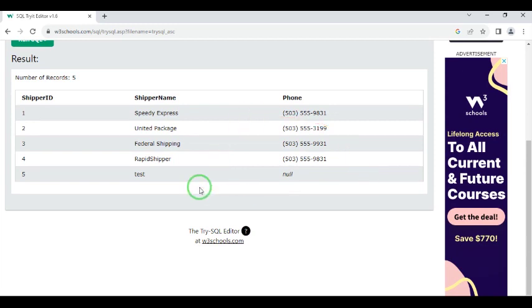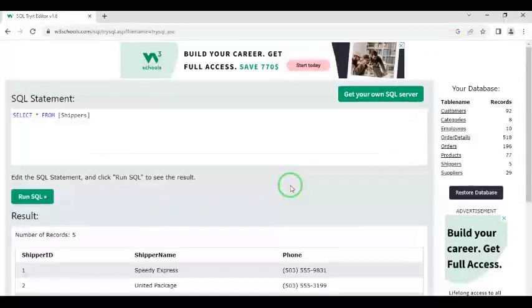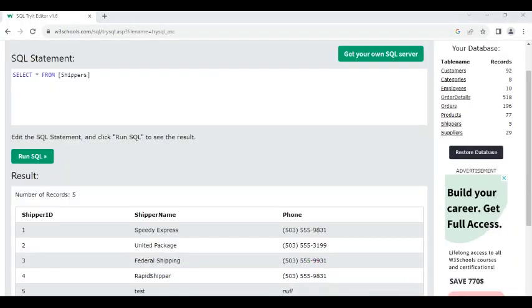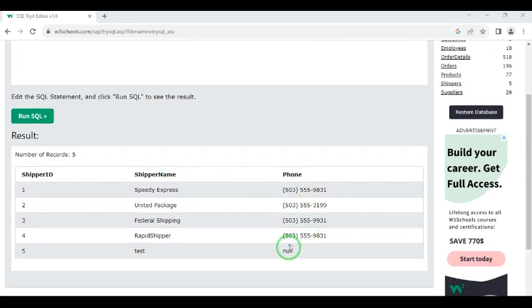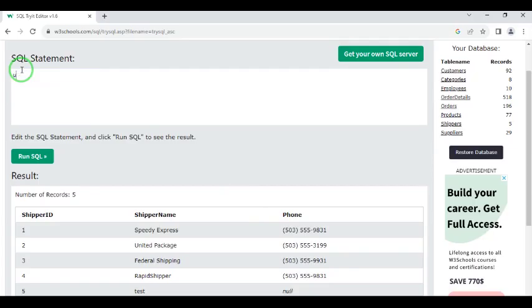Here is the question: how can we edit and change, or in SQL language update, the phone column like this? We want to update our shippers table to update the phone number. Here it is null. We type this query like this: